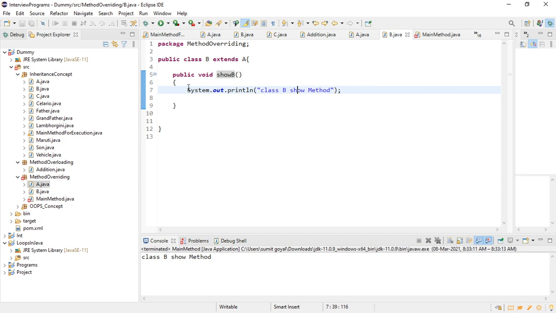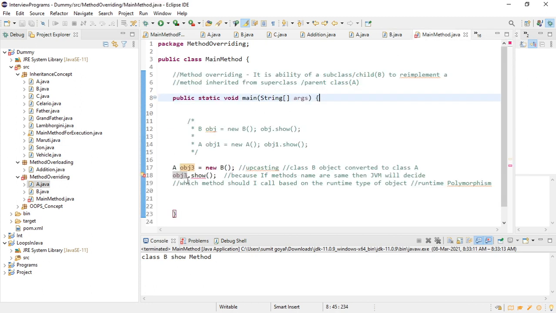So there is no method overriding because we have different methods. If I write like this, upcasting will be done. So this class B object is converted to a class A object, and if I say show B method, you are not able to call this method because we have the object of class A from the above line.